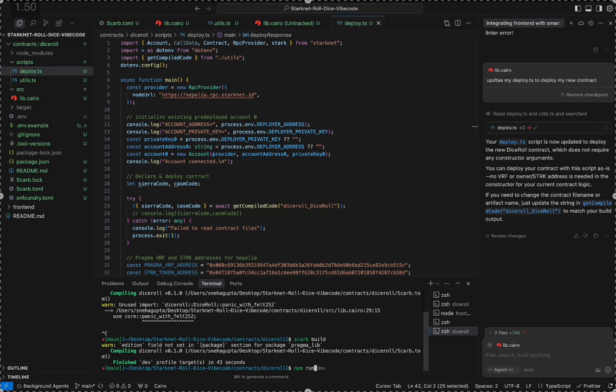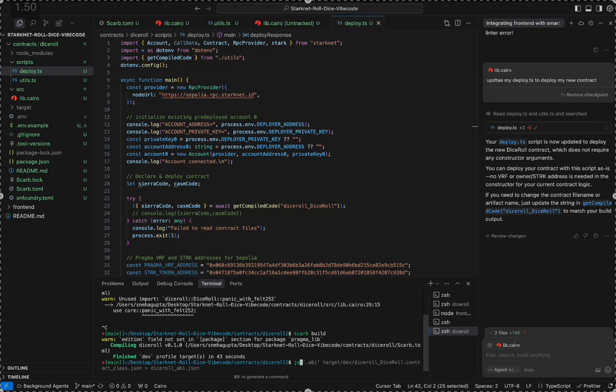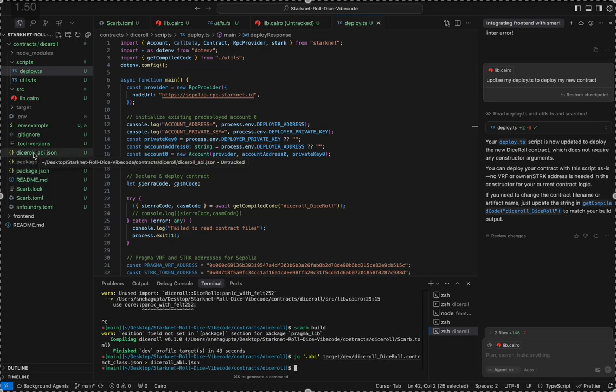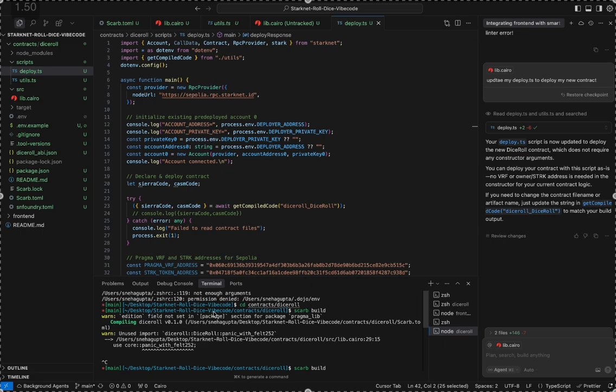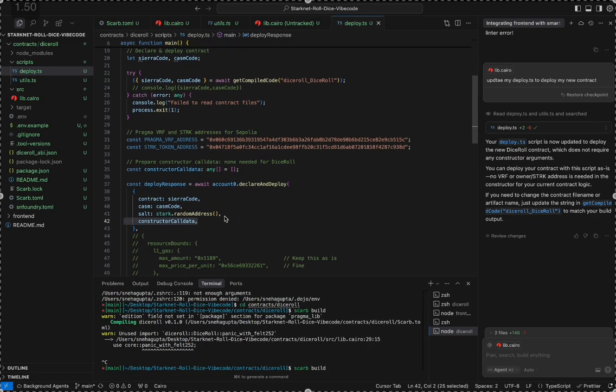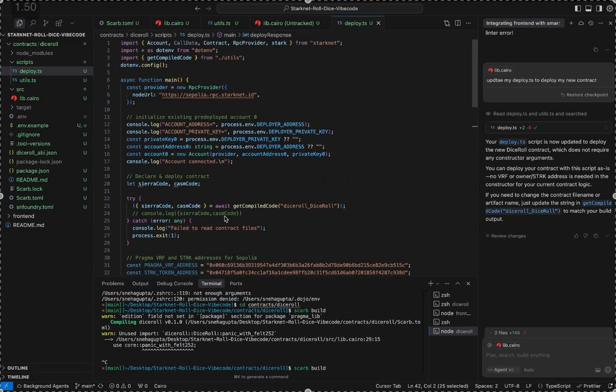npm run. Okay, before that we have to generate the ABI for it. ABI is generated, npm run deploy. Let's see, it'll deploy the contract. And the next part is